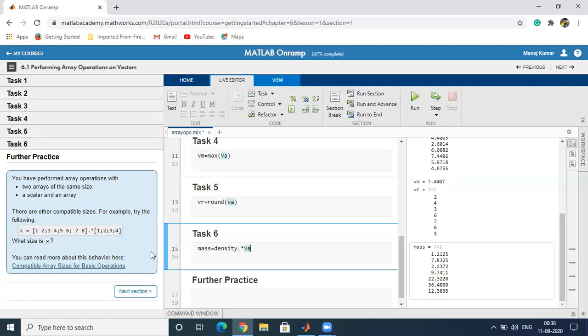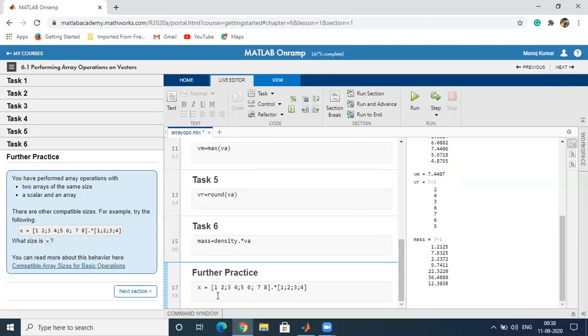Let's copy and paste it here, control V. X is a matrix which contains 4 rows. The first row is 1 2, the second row is 3 4, the third row is 5 6, and the fourth row is 7 8. So it is a 4 by 2 matrix, and we are multiplying it